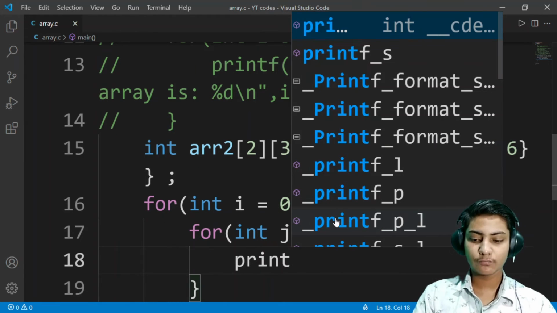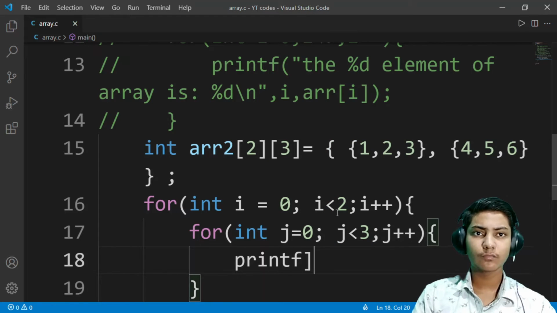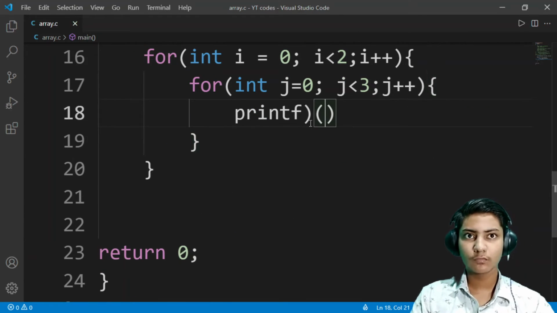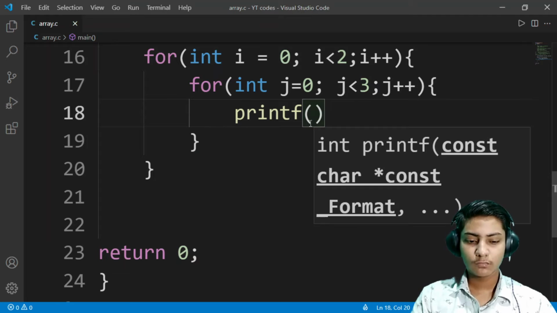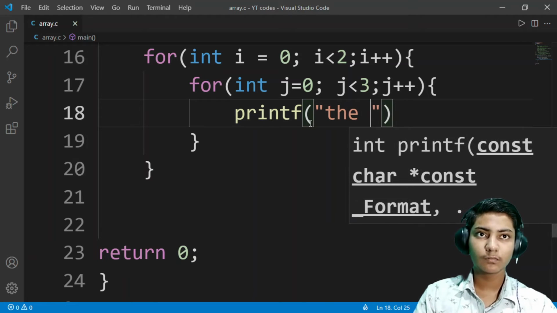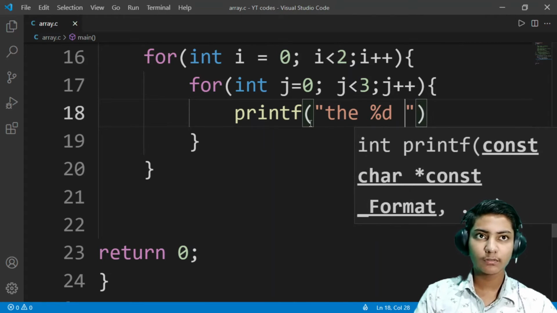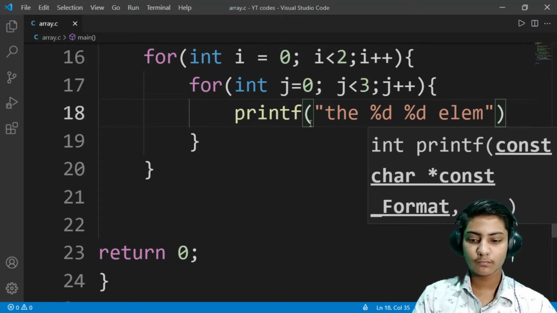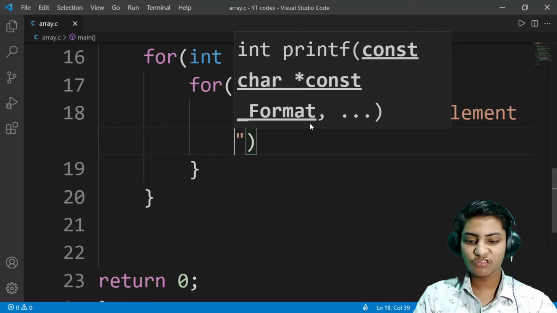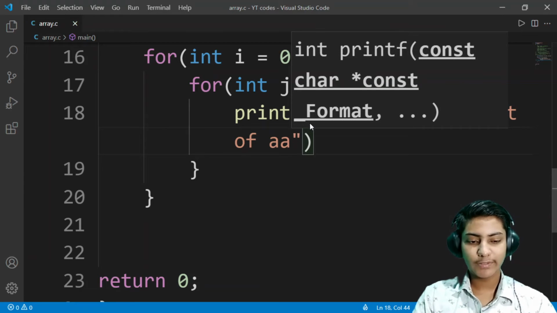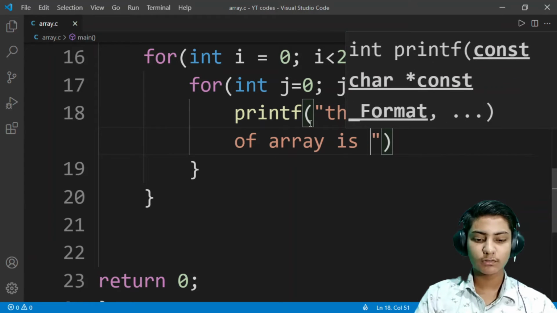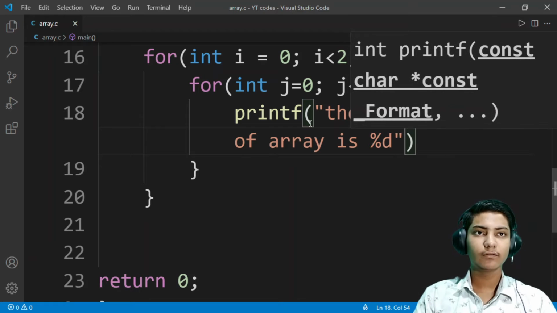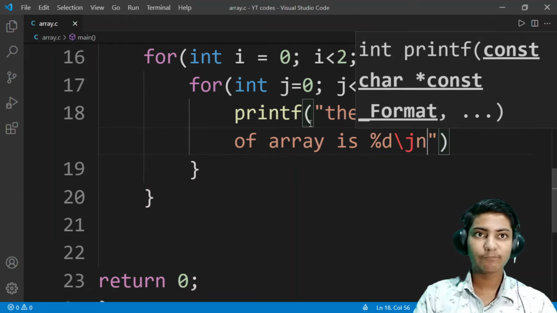Inside the second loop, printf the percentage d element of array is percentage d, and new line character here.